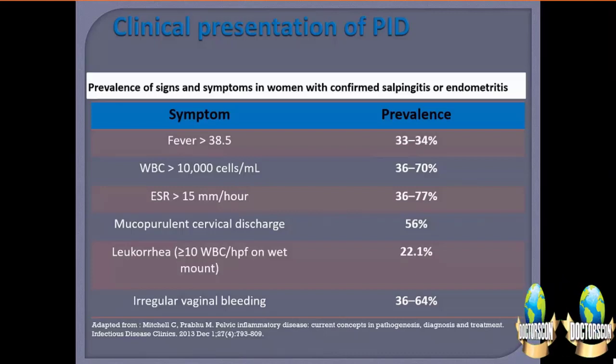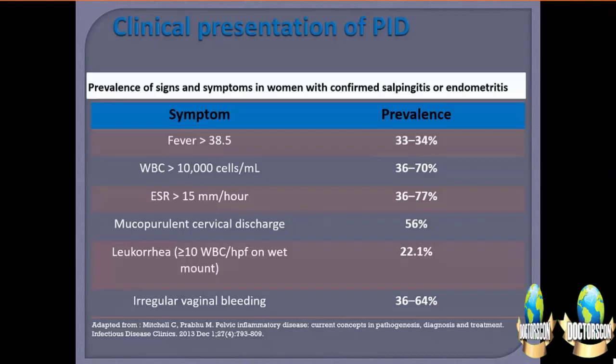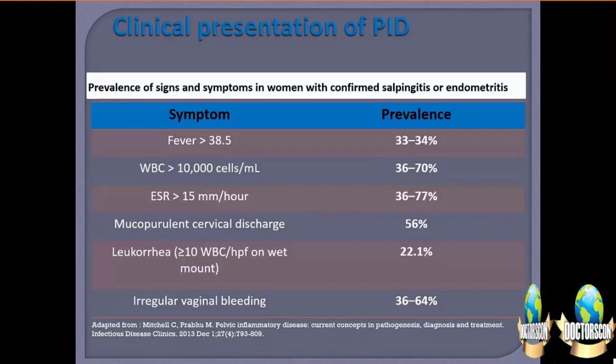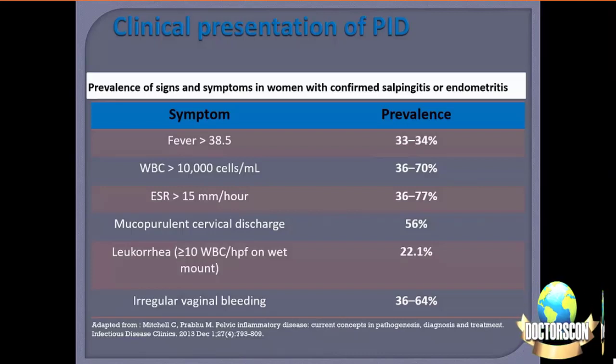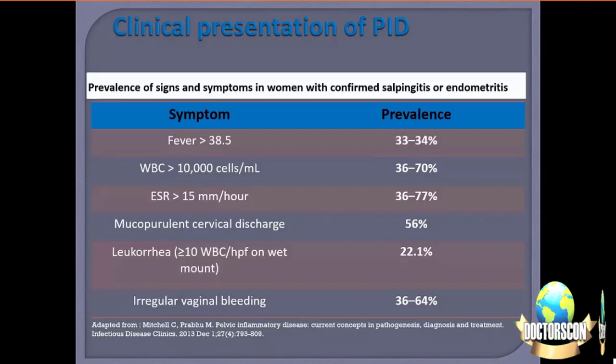Now, other investigations that can be done to support or make a diagnosis of PID. The first line usually done is a pelvic ultrasound, usually a transvaginal scan. Ultrasound scanning has limited value for uncomplicated PID, but is helpful if an abscess or hydrosalpinx is suspected. MRI or CT scan of the pelvis may be helpful in differentiating PID from alternative diagnoses, but are not indicated routinely. So usually the first line imaging test in a suspected patient would be a pelvic ultrasound, and this would be useful when there is moderate to severe disease, such as the image showing a hydrosalpinx, which is present in this image.